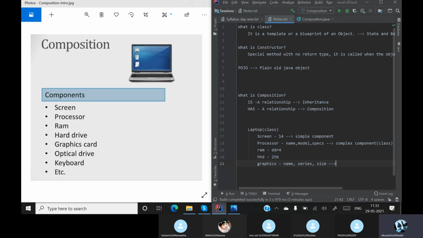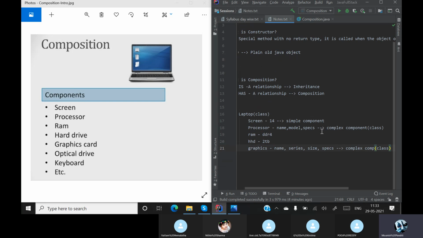Again this graphic card has many specs. So when you come to this model, this is again a complex component, meaning this is again a class.